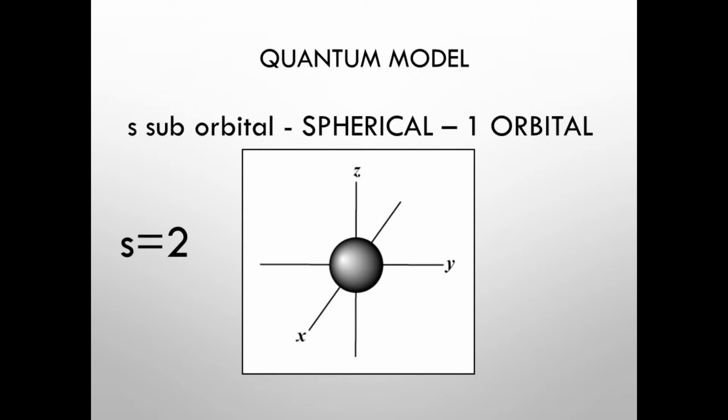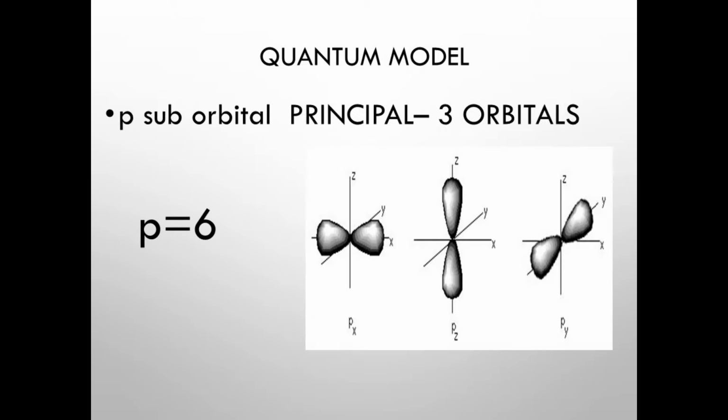P suborbital, or principal. It has 3 orbitals. The p suborbital has 3 orbitals, therefore, it could have 6 electrons. We can also relate